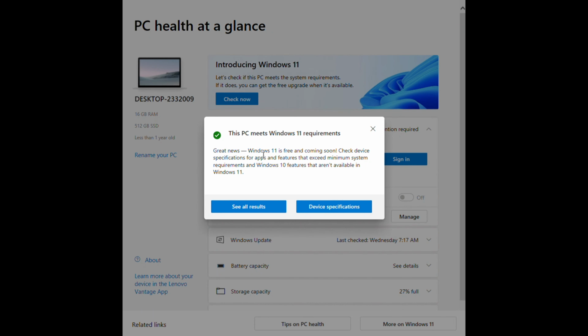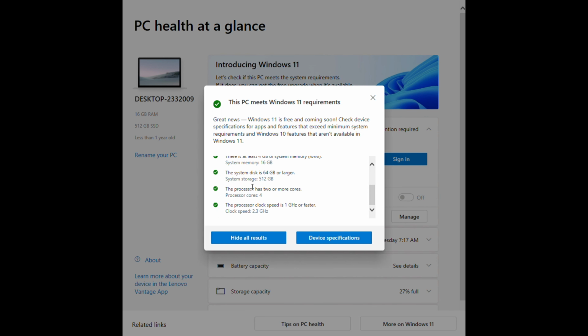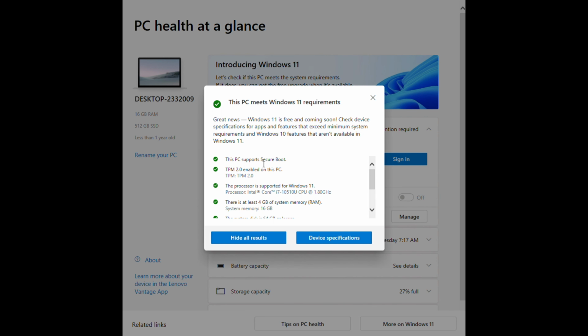Check now. Okay, so there's some extra content. Windows 11 features aren't available in Windows 11. Okay, I'll check it out. Then we press see all results. You get all this: it supports secure boot, TPM 2.0, processor, at least 4 GB of system memory,